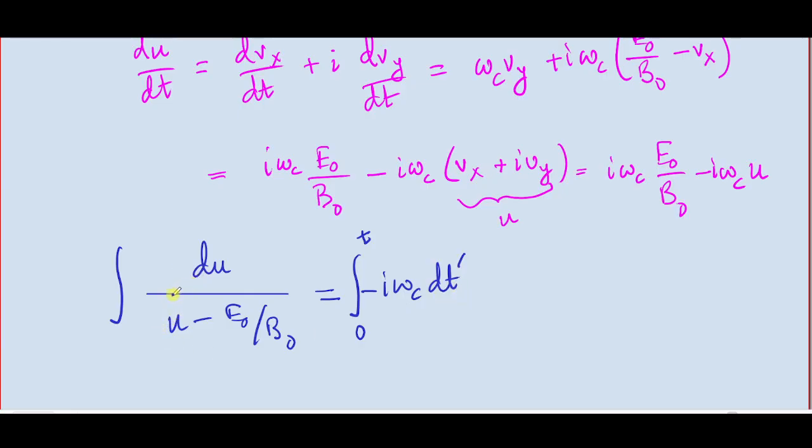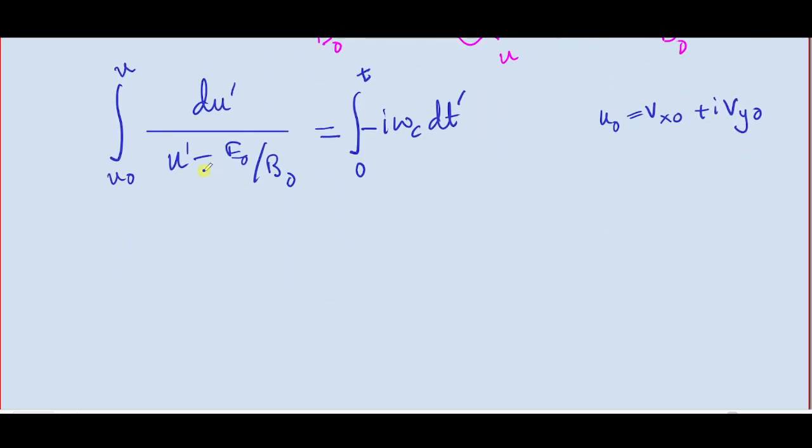And here, we would do the same thing because we want to start with the complex variable at u0 and end at u. So the dummy variable we will just rename as u prime, and we will say u prime goes from u0 and ends at u. u0 of course is nothing but Vx0 plus i Vy0. Now this integral integrates rather simply to log of u minus E0 by B0 by u0 minus E0 by B0